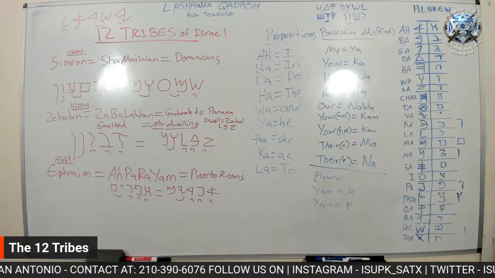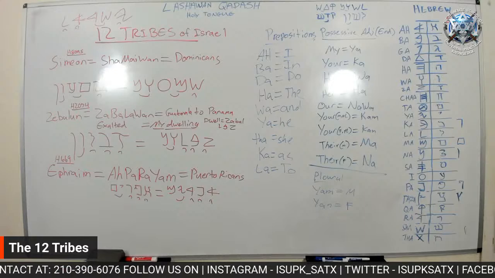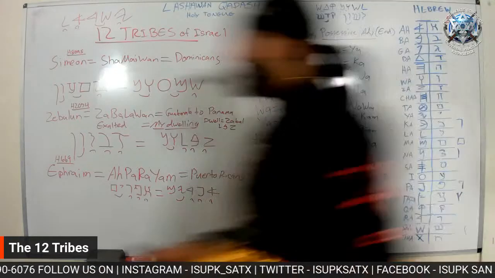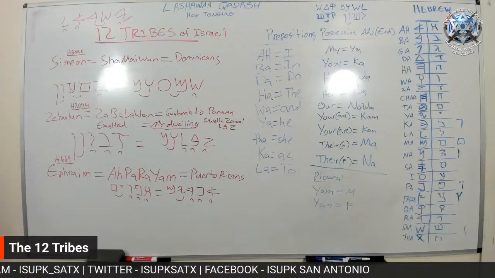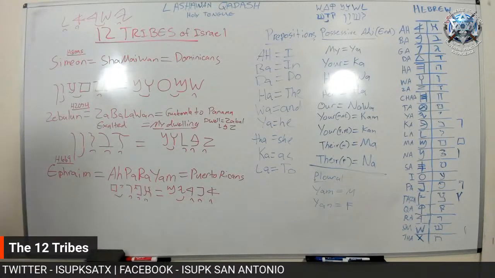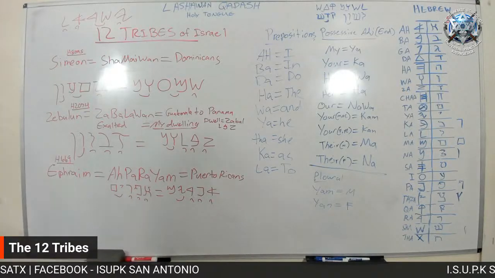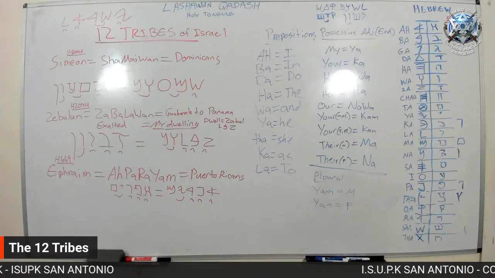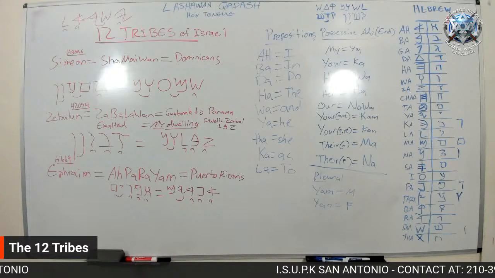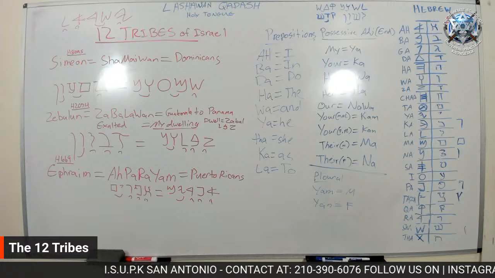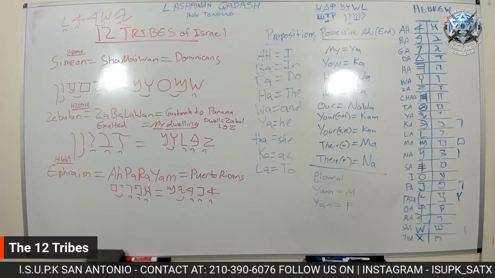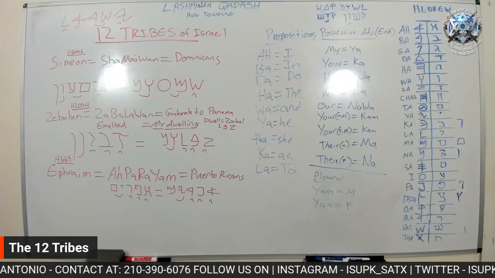We're going into the 12 tribes today. Go ahead and take a screenshot of that with your phone, Baba Kusha. That way you can have that down. We'll give it a moment to have that on the screen so that you can either write it down if you have a notebook, or like I said, use your phone and take a picture of it.